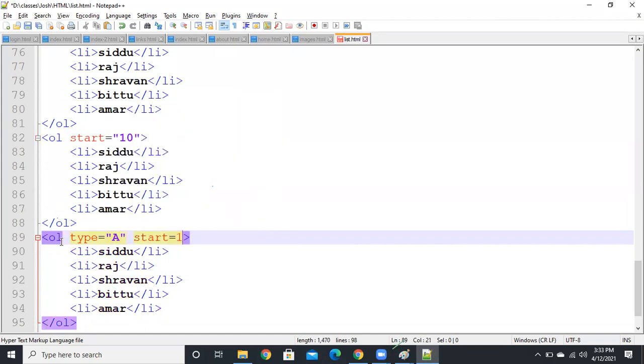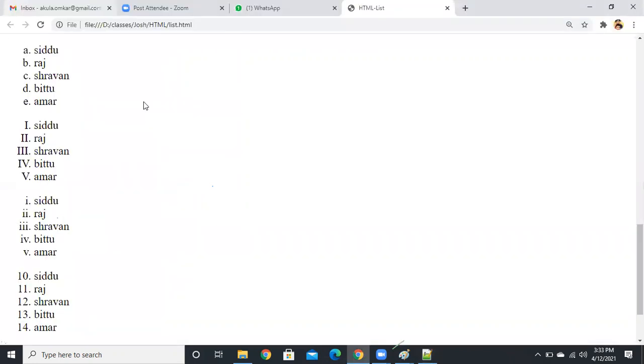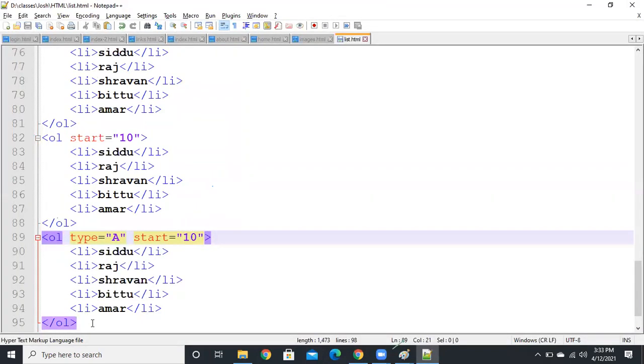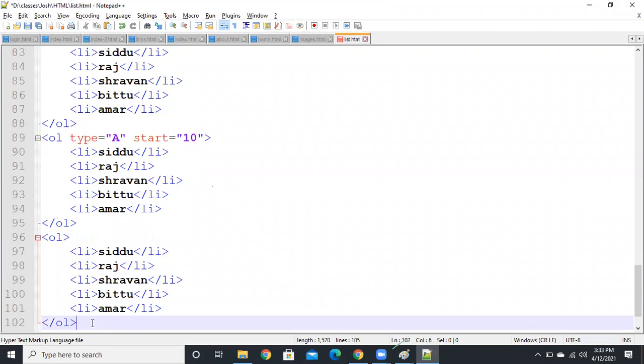Then the list starts from J onwards. Right. But by default it starts from one only.